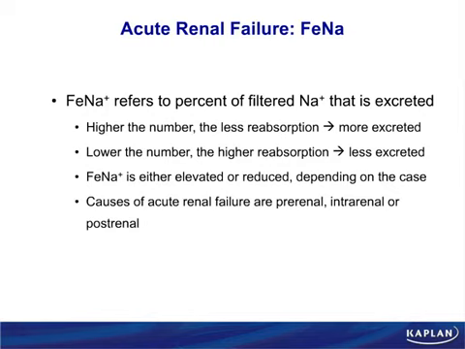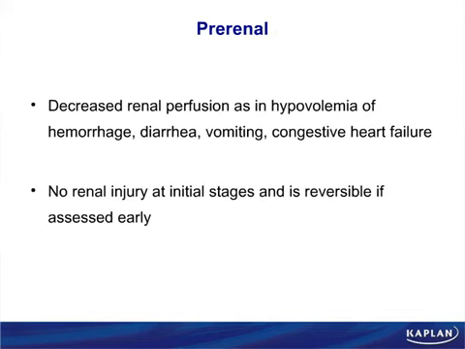Depending on the case, again, the cause of acute renal failure could be pre-renal, intrinsic, or post-renal. The FENA will help tell you the difference. In pre-renal azotemia, the problem is due to a decrease in renal perfusion due to a hypovolemic state. This could be due to hemorrhaging, diarrhea, vomiting, or congestive heart failure. There is no intrinsic renal injury at the initial stages of pre-renal azotemia, and this is reversible if caught and